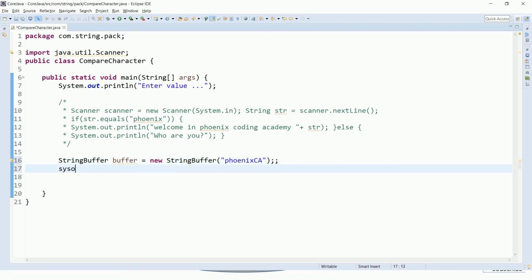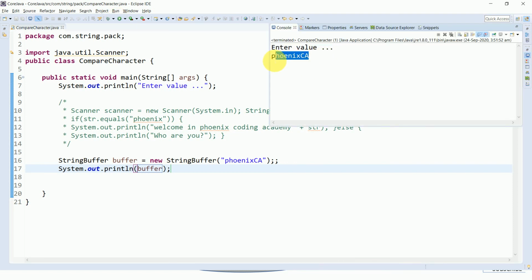Now I will print the buffer variable. What is coming, Phoenix CA.